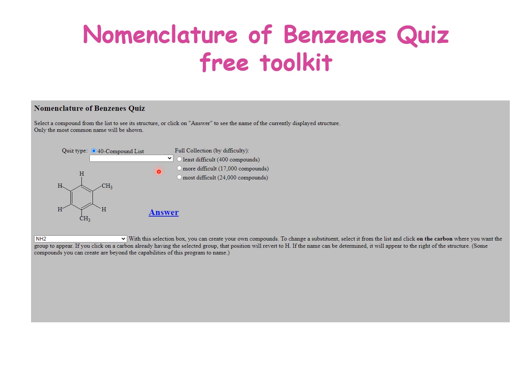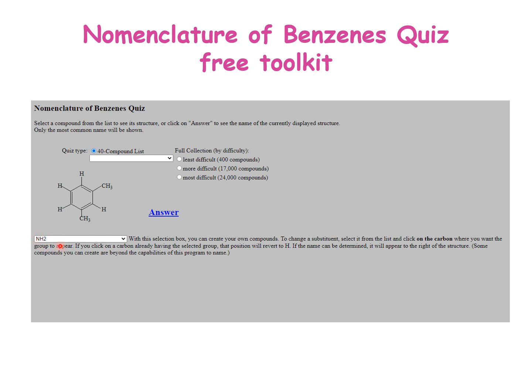Here you will find some compound names which you can enter, and after entering, this structure will change depending upon what you have entered. Even you can click on any of the carbon and you can select what substituent you want. So click on the carbon and from this drop down arrow, here it is amino group.